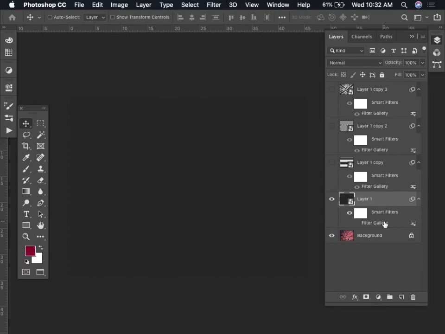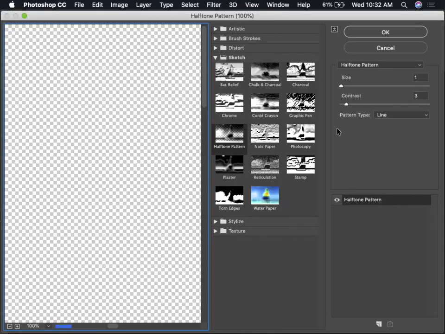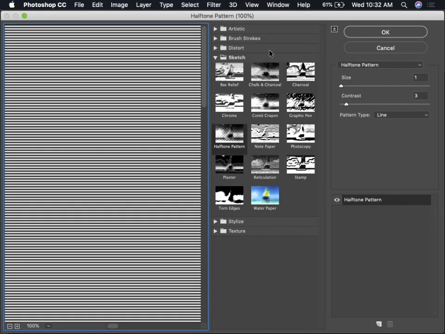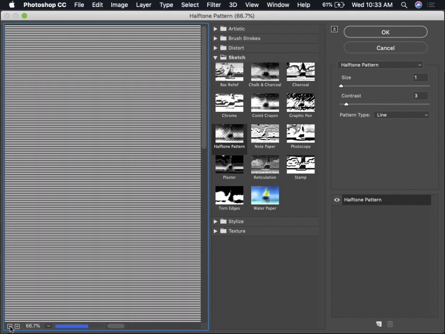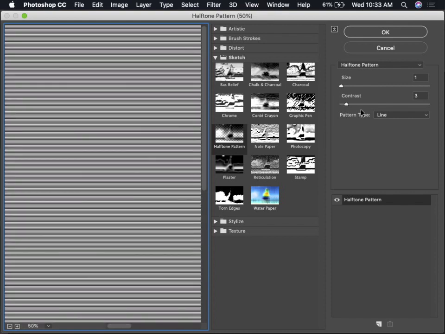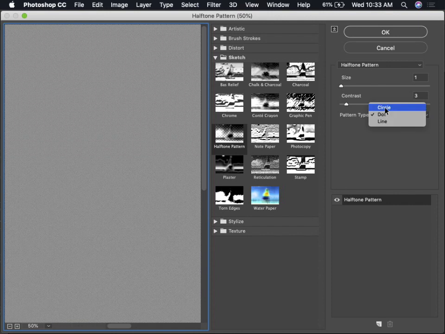And then the filter gallery that I'm going to go to is Sketch and Halftone Pattern, right? Sketch, Halftone Pattern. And you can see it took my grayed image and created basically lines out of it. And that's because I selected lines. I could go with dots. I could go with circles,